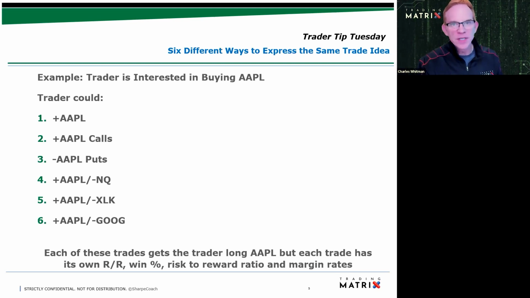Same thing with Apple versus XOK. If the market's down big, Apple's going to go down, but XOK could go down more. Same with Apple versus Google. Go down big, well, Apple could go down, but Google will go down more. Conversely, on the upside, Apple will go up, NASDAQ will go up, but because Apple is stronger, Apple will go